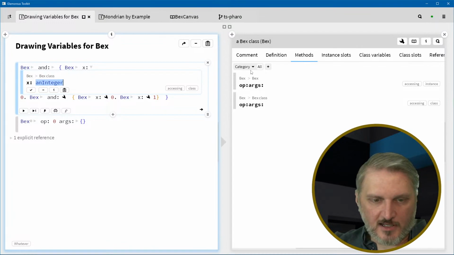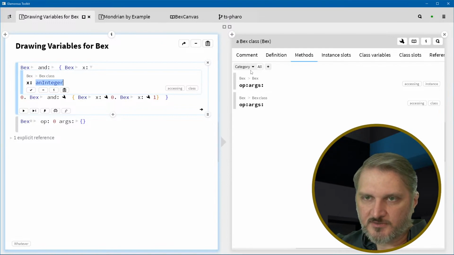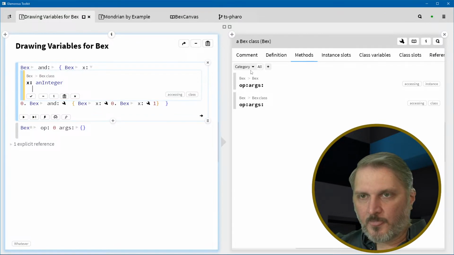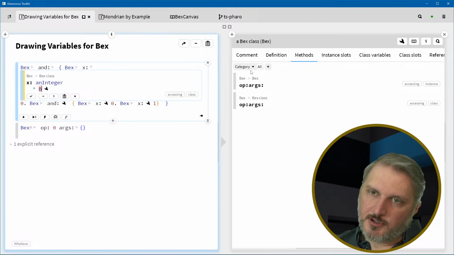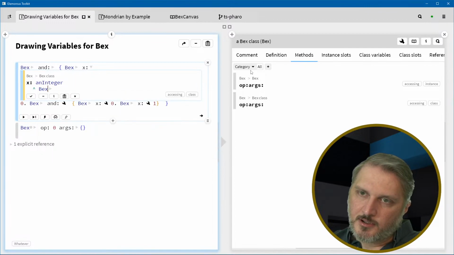I'll have just the class as a constructor for these things, and then def would be the actual object. That probably makes more sense because here we want to say an integer. Return Bexvar new